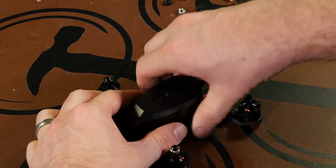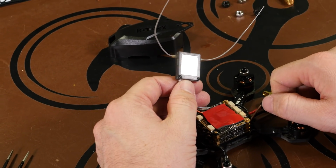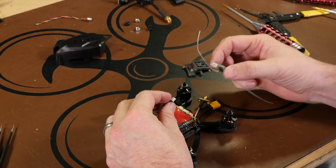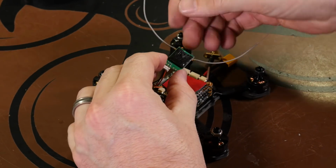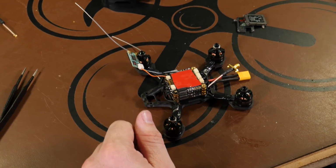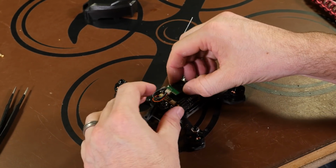So what we can do on our receiver here, it has 2 screws in the front. We'll just remove those screws, pull the plastic off, and then just stick it down without the plastic casing on it. Alright, now that we have our receiver decased, now we can go ahead and plug it in. And for me, just to help hold these antennas on the receiver, I'm going to place it on the double-sided tape, antennas down. And we'll remove our backing on our tape. Going to stick our receiver